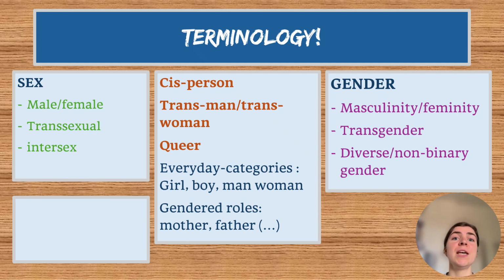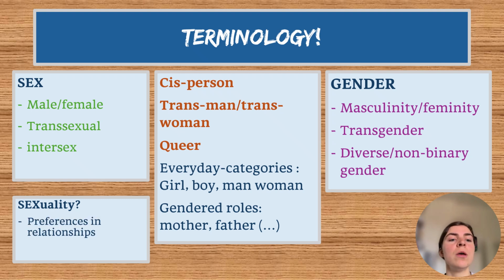And then there's one term that I included because it might cause a bit of confusion. Sexuality would not be the biological distinction, but would be the preferences in relationships. So it's something different, but also related somehow. And here we would have hetero, homo, or bi, or whatsoever. We do have many distinctions here. But if you have something like that, it has nothing to do with the sex that has been assigned or the gender role, but would go in the direction of sexuality.